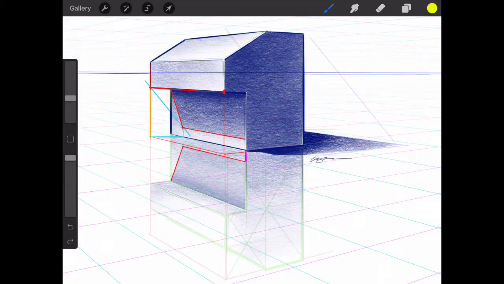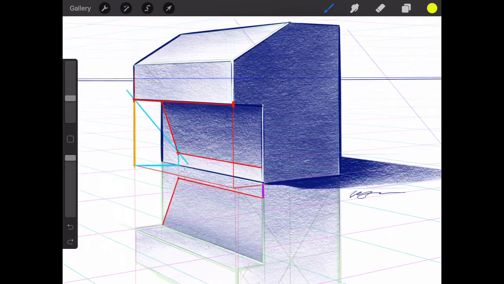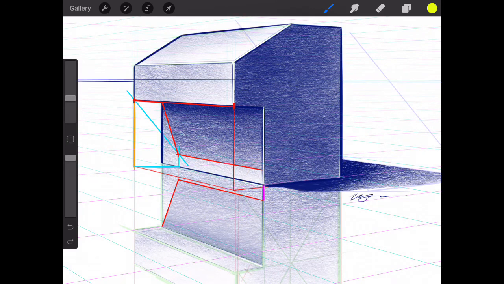I'm going to show you this last little portion of this reflection. It's the shadow underneath the overhang here. So I've already drawn it in. Let me just kind of walk you through how I got there. So first step I did was I drew this yellow line right here, and that drops down to the original point on the floor, and you can extend this out from these edges, drop this down,